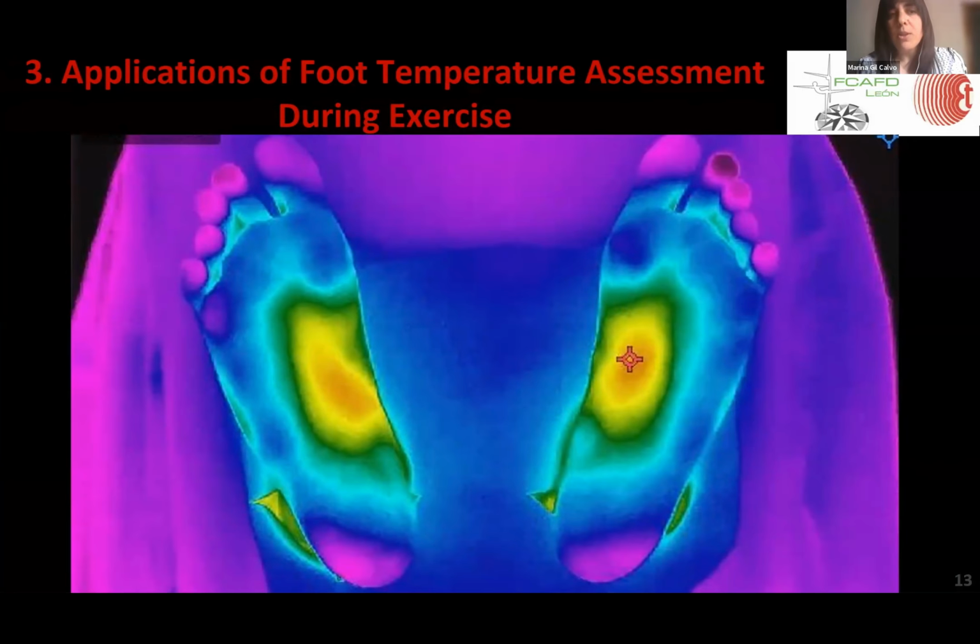So these are the main methodological aspects to consider when measuring foot temperature. However, of course, it's important and essential to follow all the recommendations included in the TISEM checklist when implementing these thermographic measurements. And having covered these methodological aspects, I will now provide an overview of the main studies on foot temperature in relation to physical activity and sport.